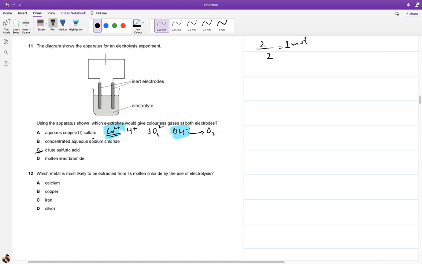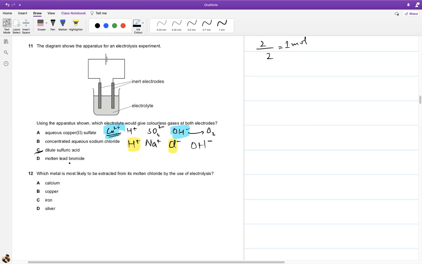Concentrated aqueous sodium chloride. Again, it is aqueous, so H positive, sodium positive, chloride negative, and OH negative again. But this time it's concentrated. Because of the concentration, hydrogen gas will go over there and chlorine will go over the other one. And you will end up with sodium hydroxide in the solution. This is a very important industrial electrolysis process. This is colorless hydrogen gas. This is green chlorine gas. And what happens to the pH of the solution? You are losing H positive and you have just OH negative remaining. H positive has left the solution, so you will get a higher pH. So pH is increasing in this case.